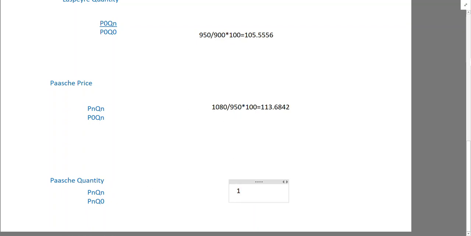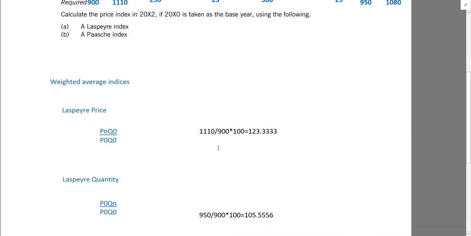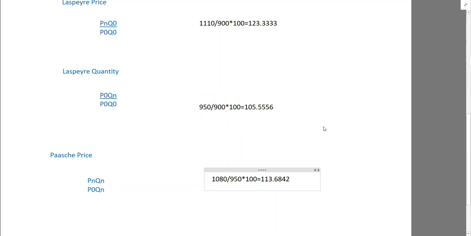So the same top 1080 divided by Pn Q0, which is this one. So we have 97. So it shows both Paasche's index says both quantity and price have changed lower than what